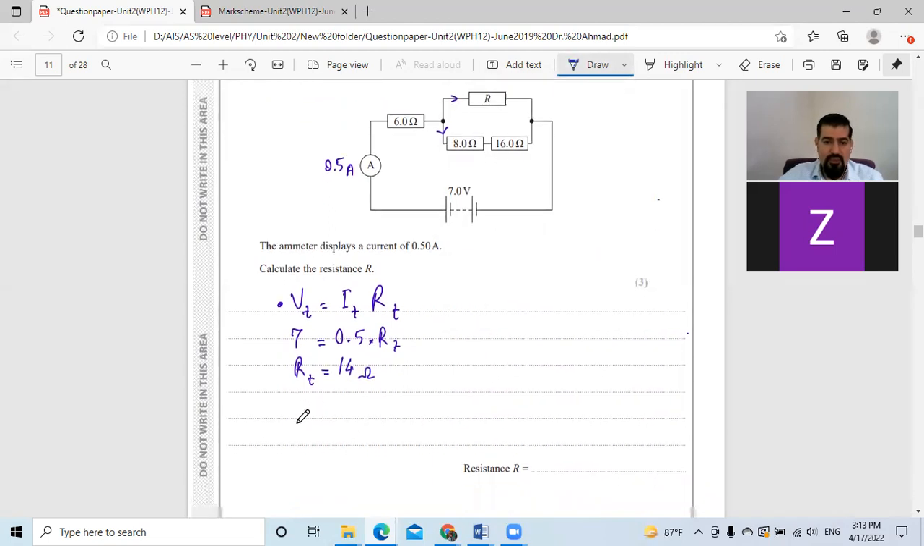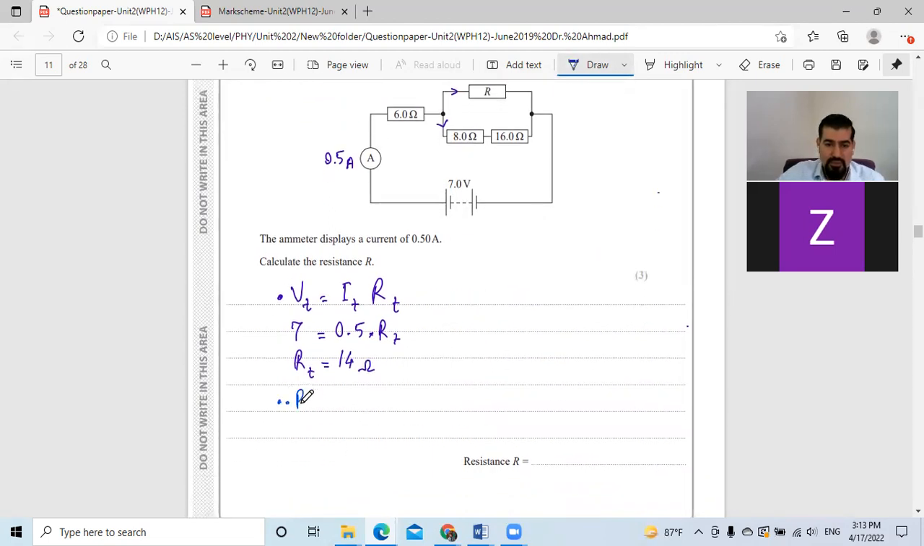Second step, now we know that the R total is in series, the 6 ohm and the combination of these all. So it equals 6 plus R in parallel, these and these. So 14 minus 6 equals R in parallel. That means R in parallel will be equal to 8 ohm. This is the second step. The third step,